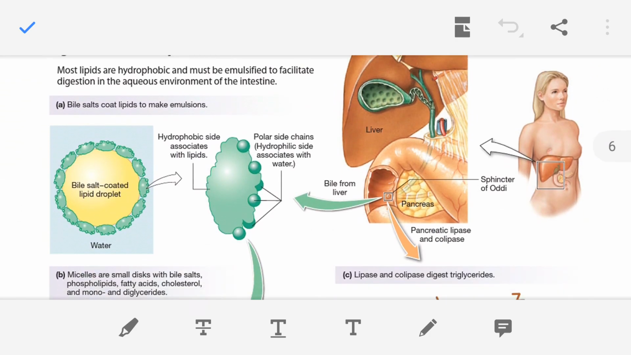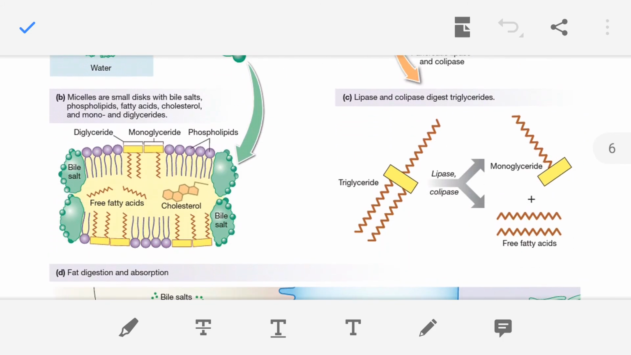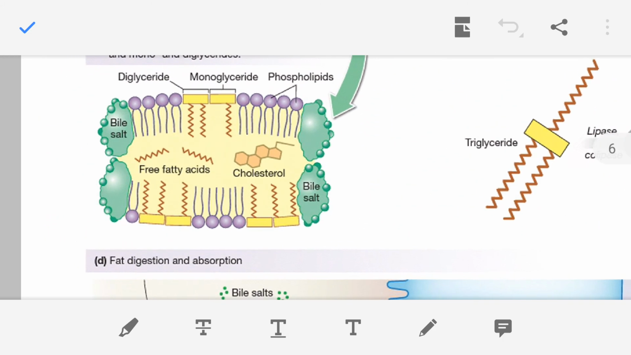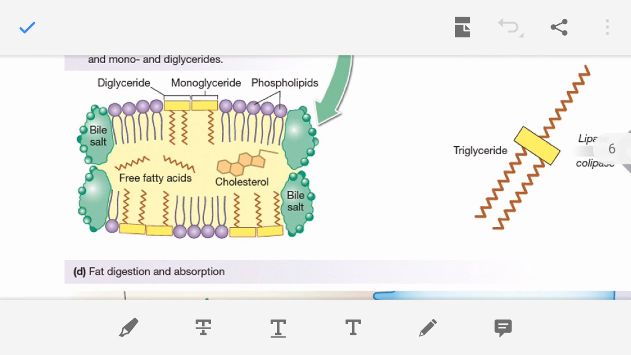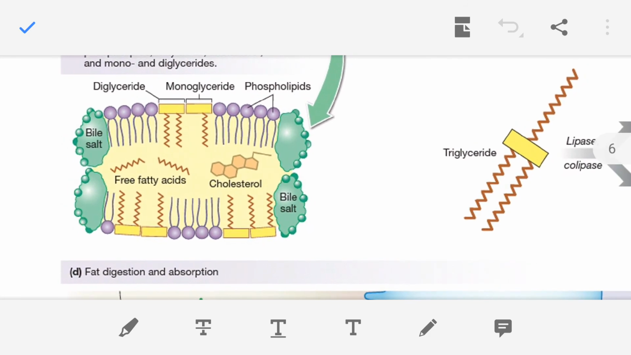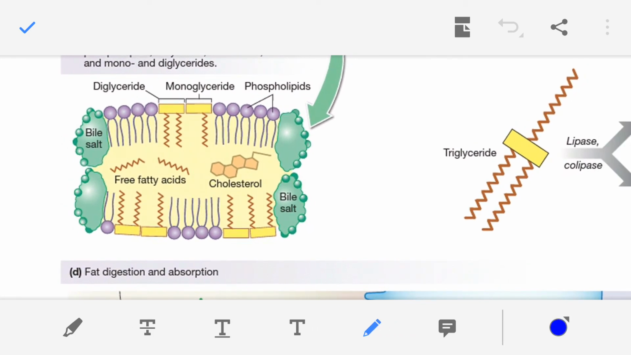Now once again, in this figure I am explaining how the micelle is formed. See, in the core, that means in the center, in the middle, free fatty acids are there. Fatty acids are released by lipid digestion. There is a formation of monoglyceride, then cholesterol, then fat soluble vitamins are there, and all this lipid digestion product,